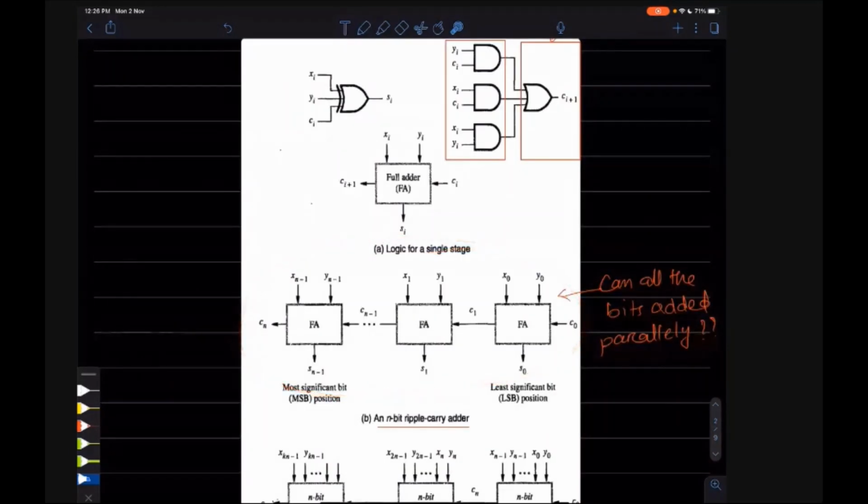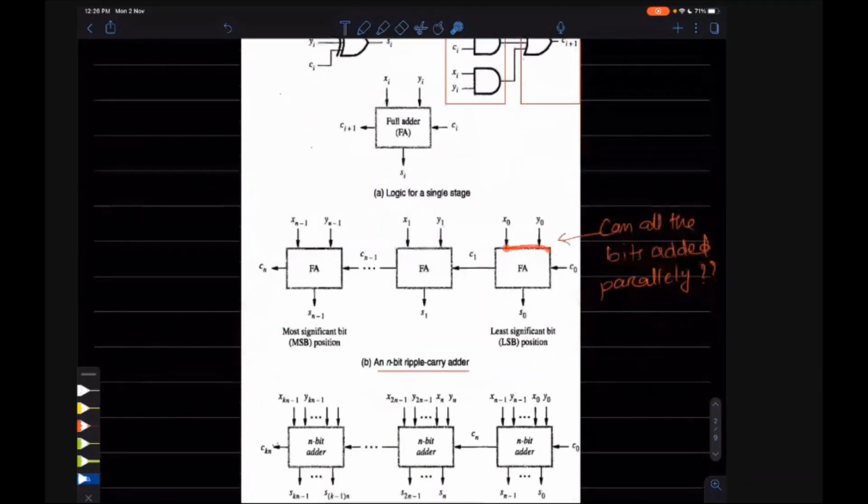In this case, you can see there is a full adder which is taking the x0 bit, y0 bit and giving us the sum s0. It is taking c0 as the input. What is c0? I will tell you. Then it is getting 2 outputs like the previous full adder. It is getting the sum as the output and carry c1 as the output, which is input to the next full adder, which will add another 2 bits